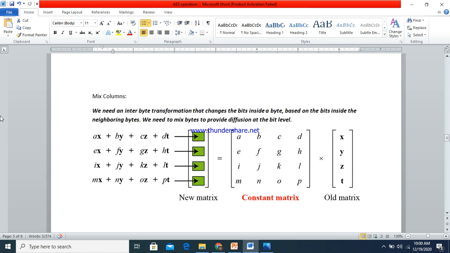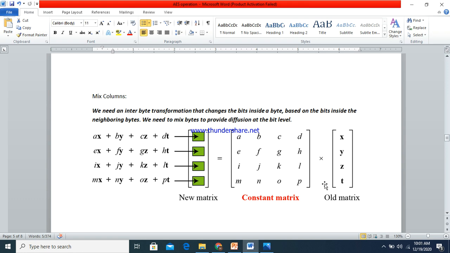So this is very important. So how we are going to perform. When you observe these operations from substitute bytes, shift rows, mixed columns, and add round key, what is our intention? Finally we need to get a scrambled message. Whatever the plain text you are getting, for that you need to generate a scrambled message. That is said to be ciphertext. So to identify the ciphertext, we are going through a number of steps.